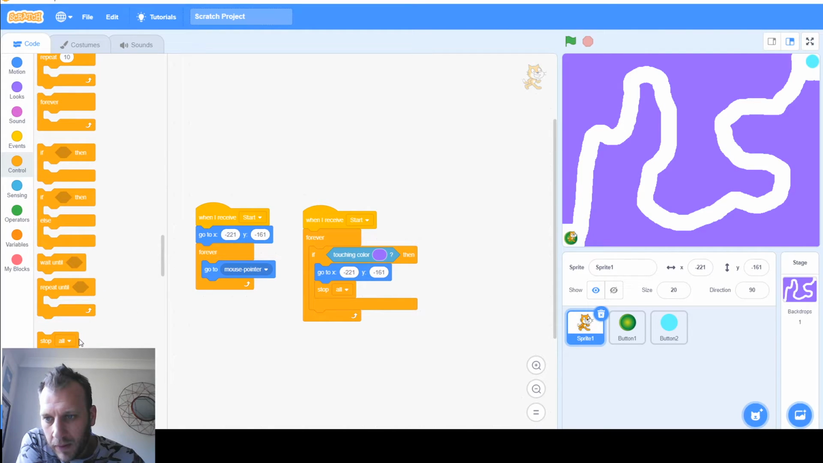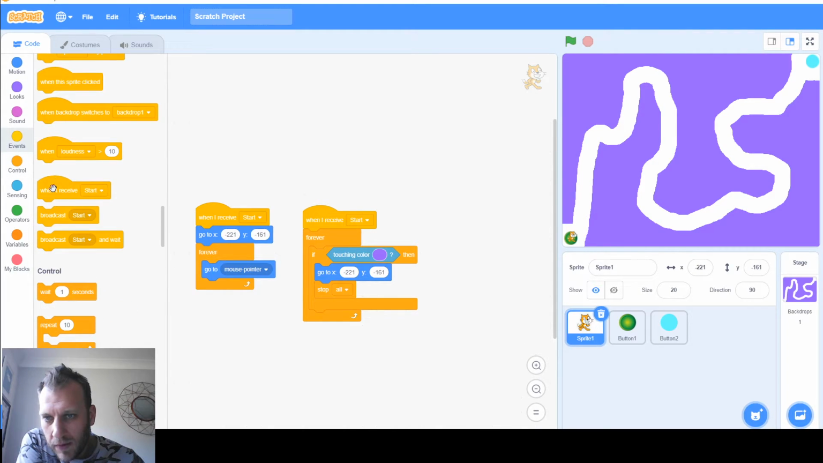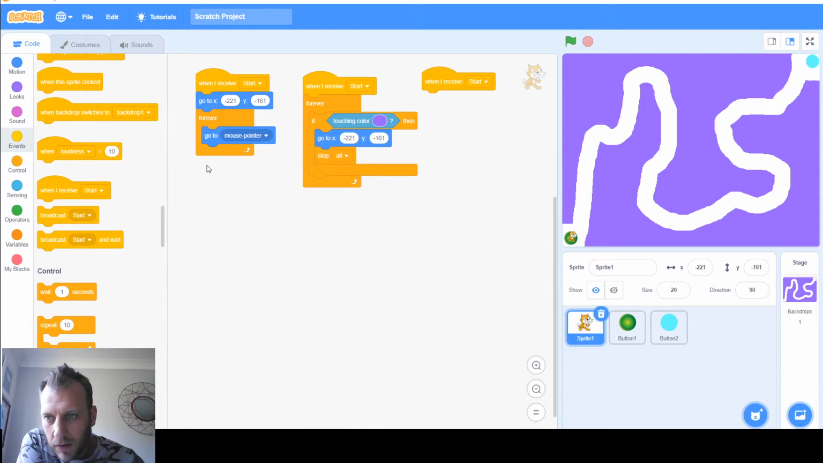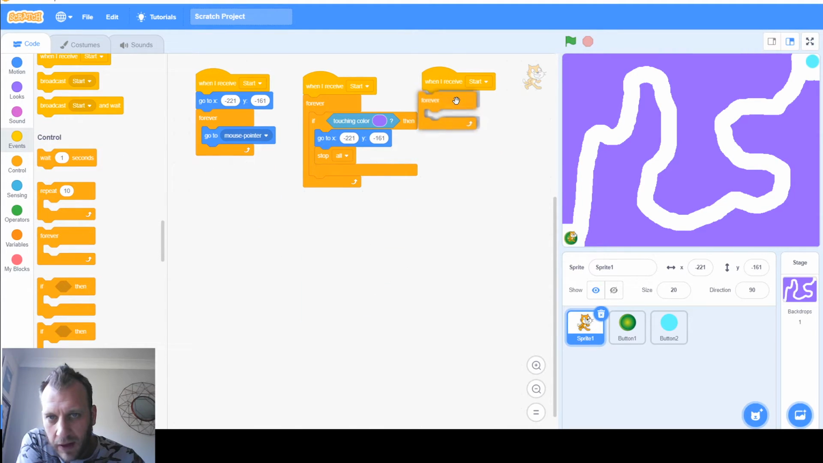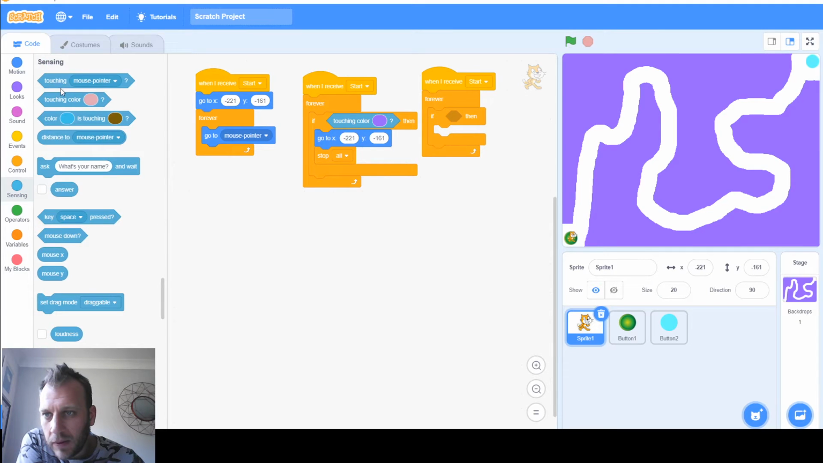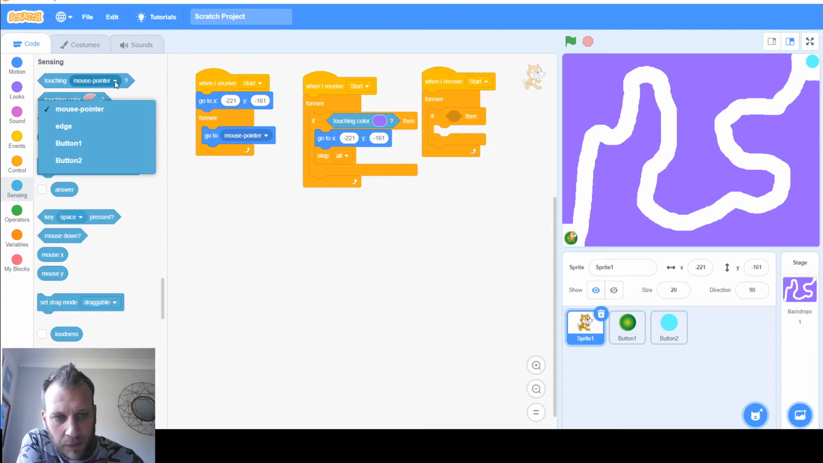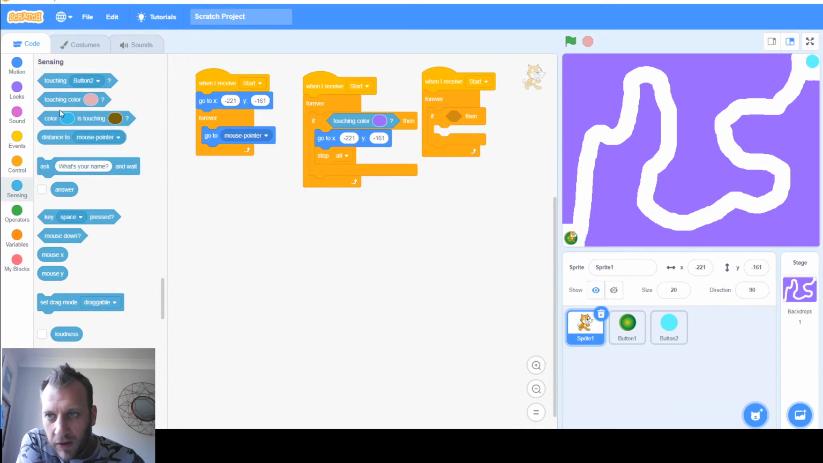So when I receive start, forever if, and then this time we're going to be looking to see, are they touching the blue endpoint? So sensing, touching, not mouse pointer, I want sprite, or button 2 it's called. So if we're ever touching button 2, then